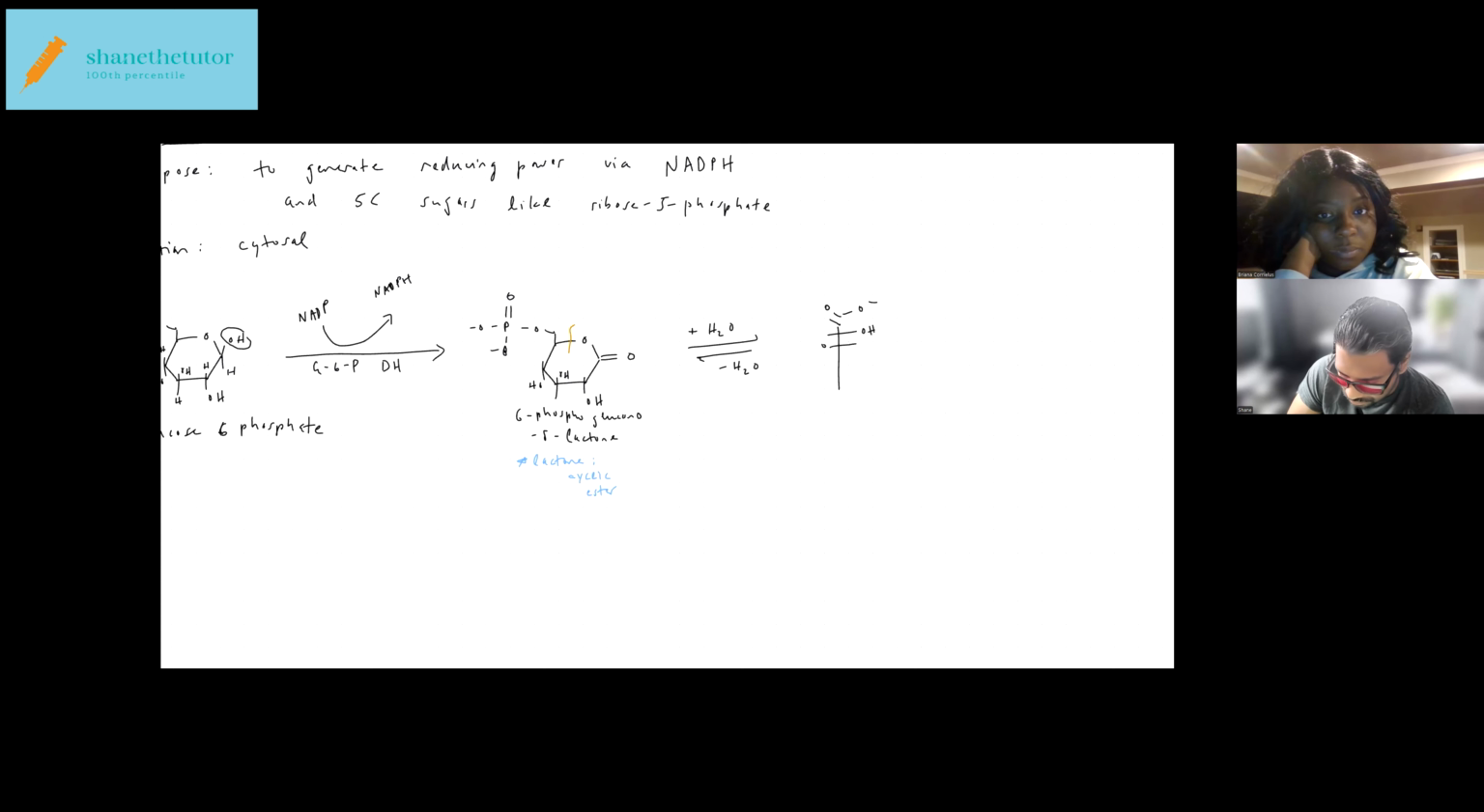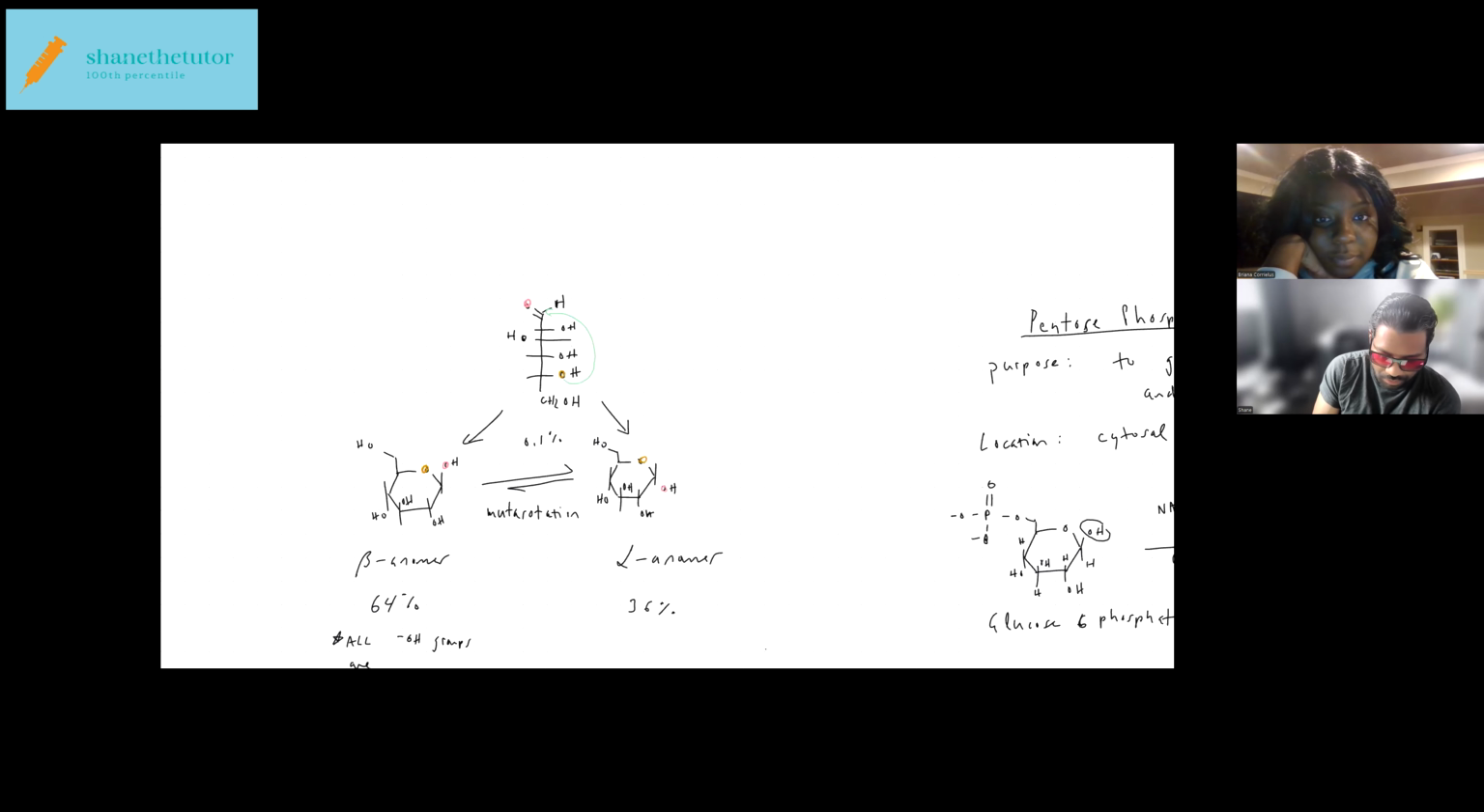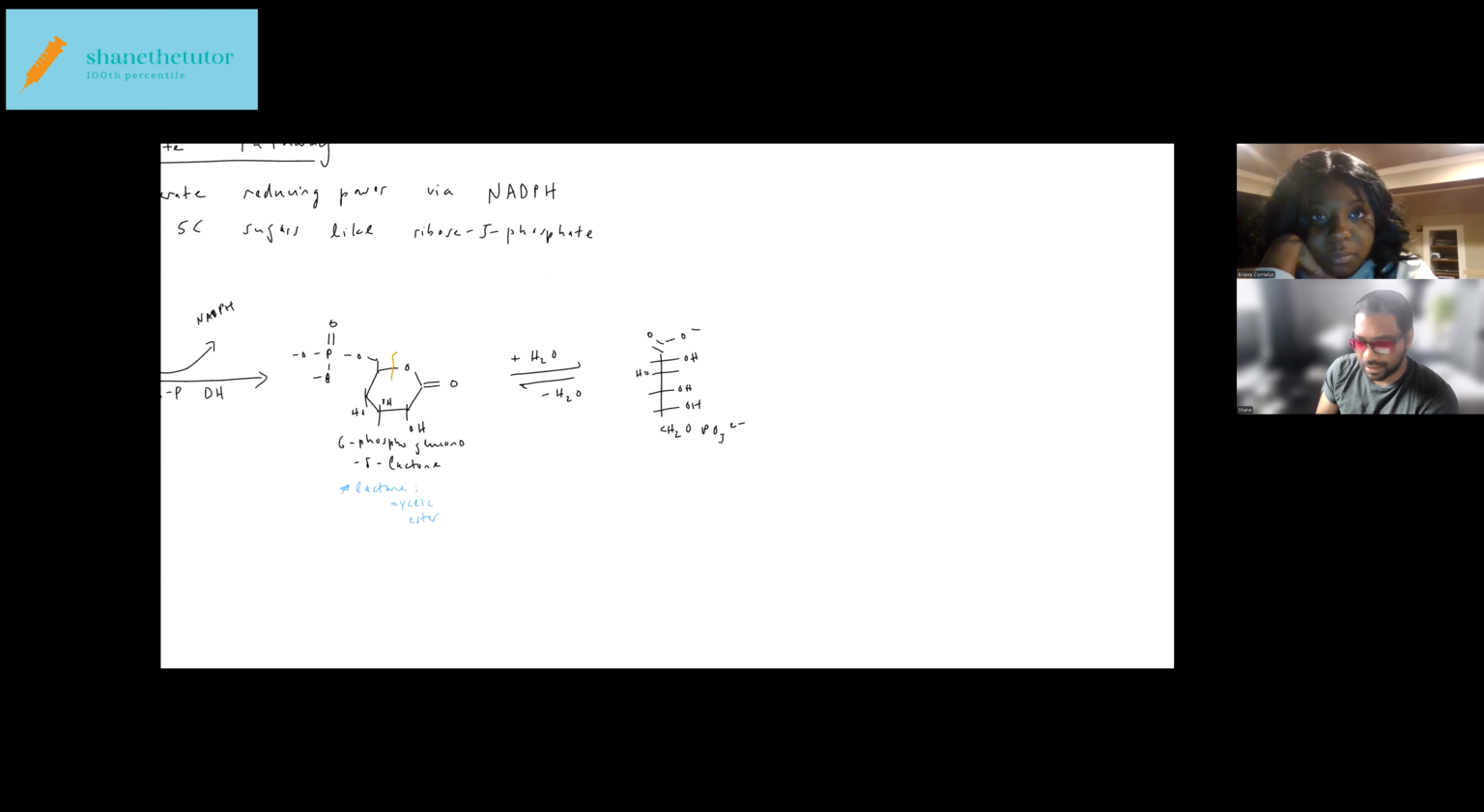So you see how it resembles glucose, right? That we drew all the way here on the left, except instead of having an aldehyde as the first carbon, we have a carboxylic acid. And the last carbon, instead of it just being a hydroxyl, it's a hydroxyl attached to a phosphate. Now this is just the